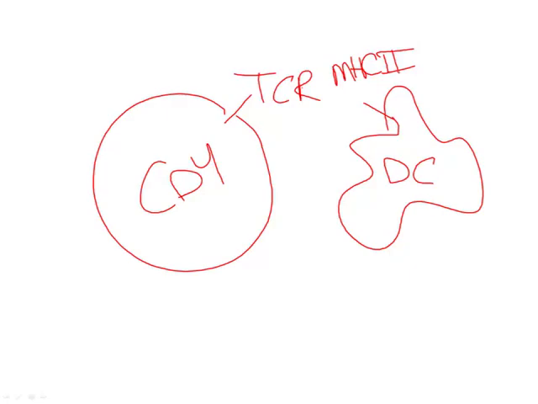Now, when this first interaction occurs, it also requires a second interaction in order to activate the T cell. In this particular instance, the second interaction would be that CD28 on the T cell would bind a molecule called B7 being expressed by the dendritic cell. This would provide the second signal,